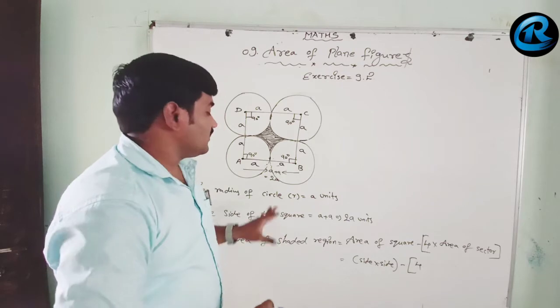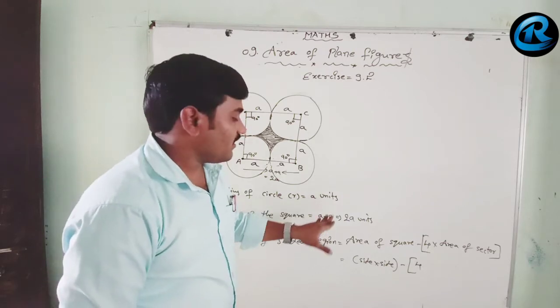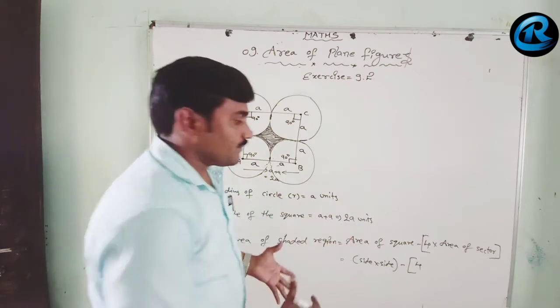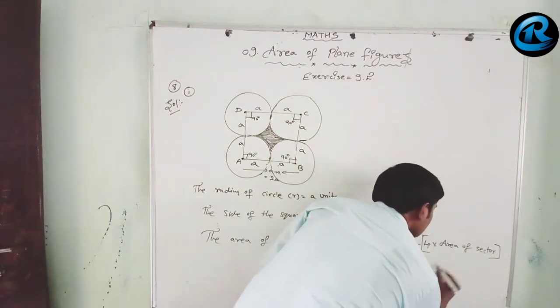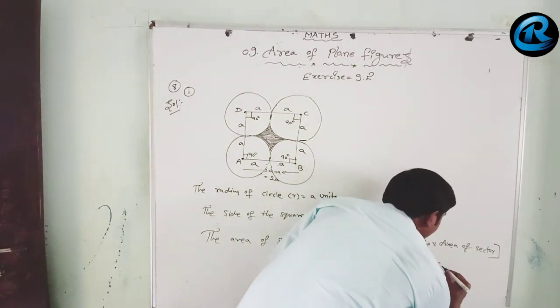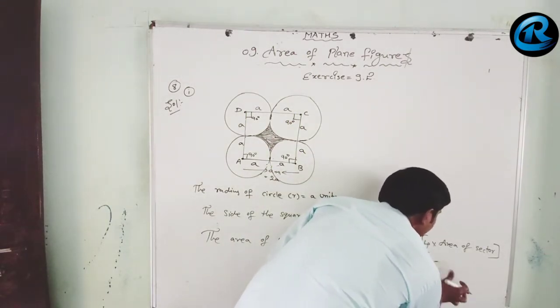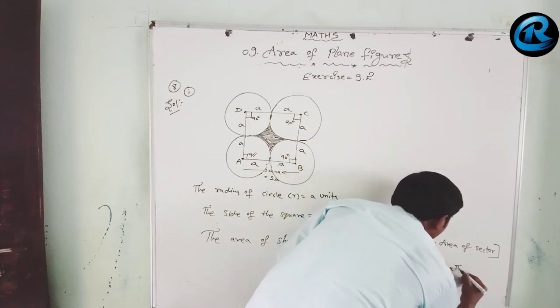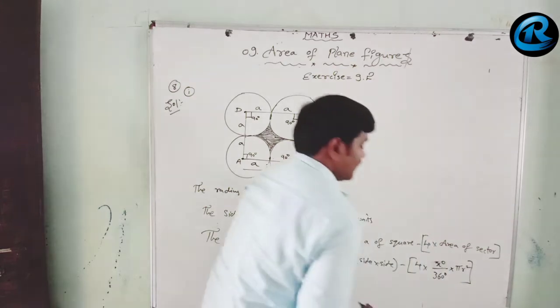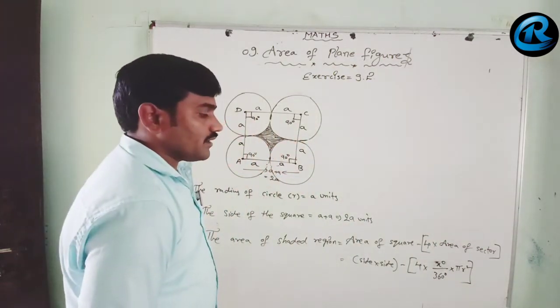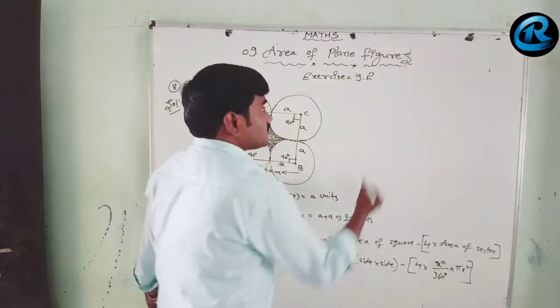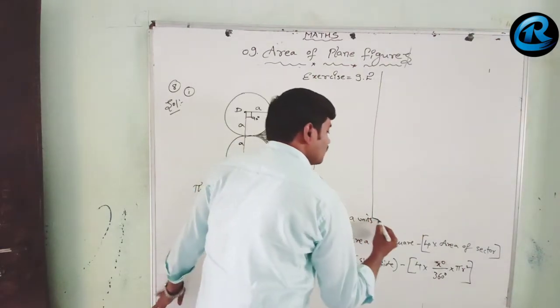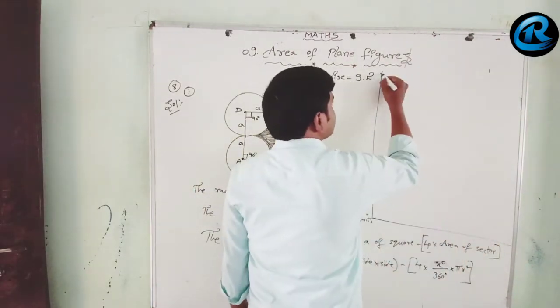But here now the radius you have to substitute is a and the side is 2a. Okay, algebra terms are given. Area of sector formula is x degrees by 360 degrees into pi r square. Pi r square. Now let us do it here. Substitute the values. We'll substitute the values now. What will we get? Let us see.